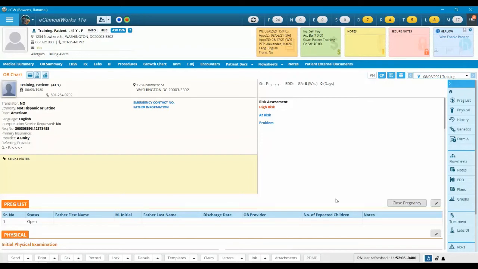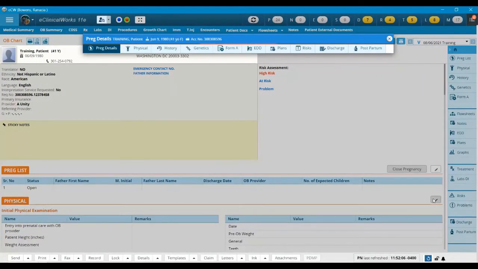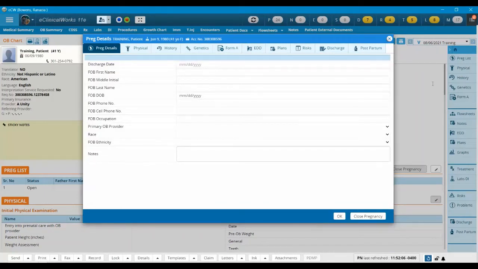Now, as for the preg list here, we can make changes to each section as necessary by clicking on the pencil icon here. Let's give it a chance to open up. All right, so from here, we can actually close the pregnancy, add any special details like the discharge date if the pregnancy is over,